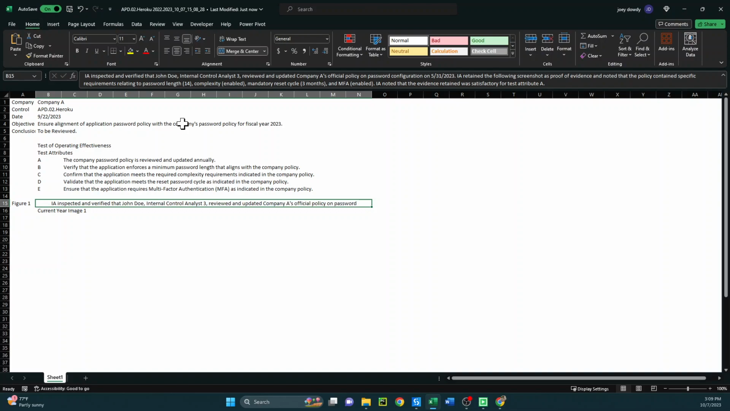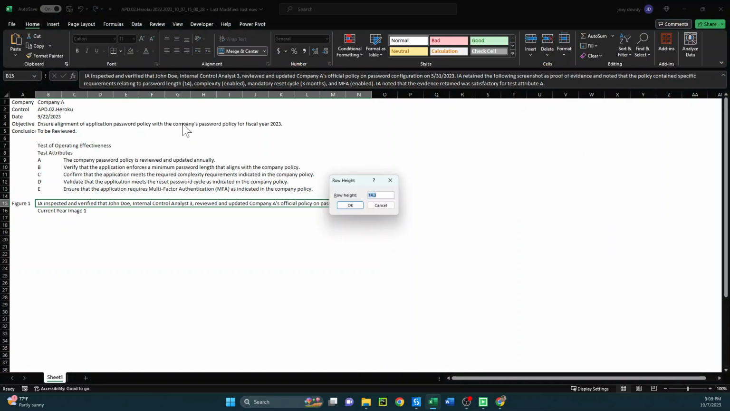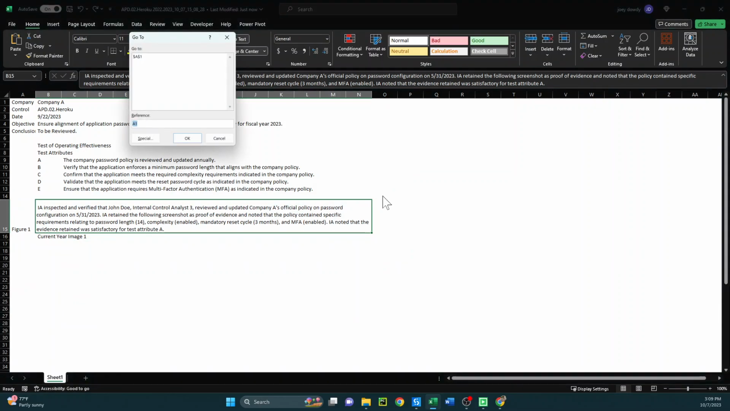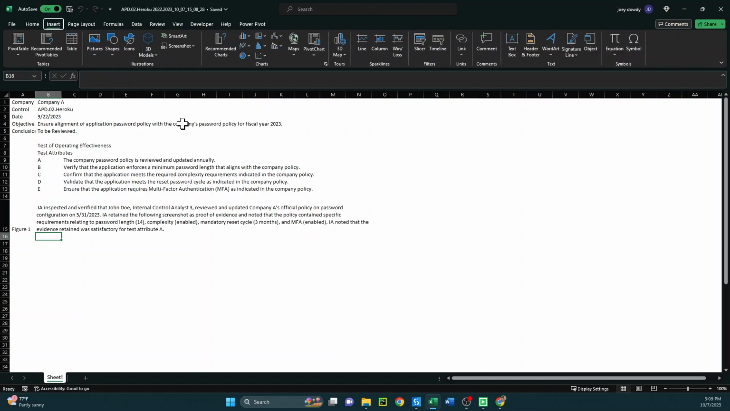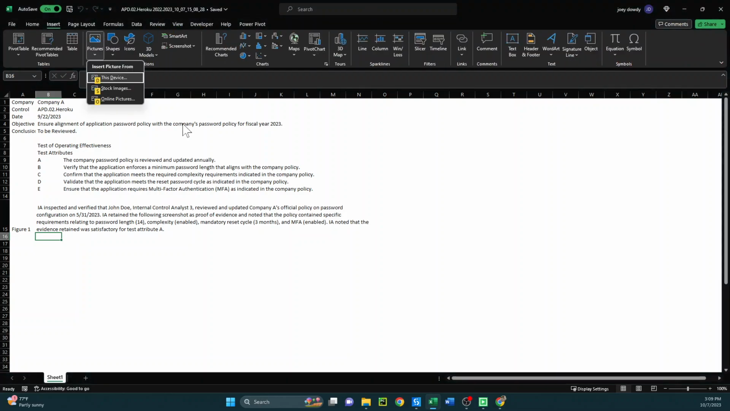So you can see here it's going through and auto-adjusting some of the longer text, which it's trained to do, and then auto-formatting the row height. There again, there's a value. Looks pretty good. Let's go into the next one, where it's going to insert the current year 2023 image, which